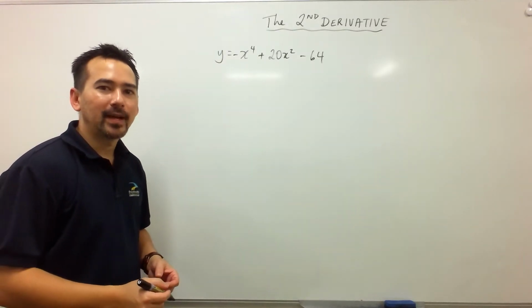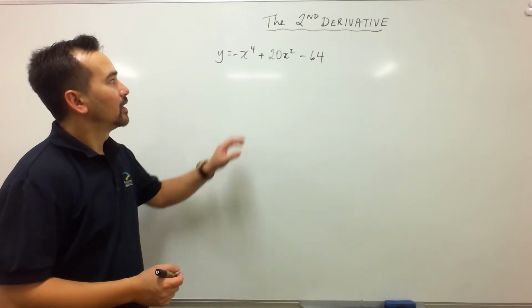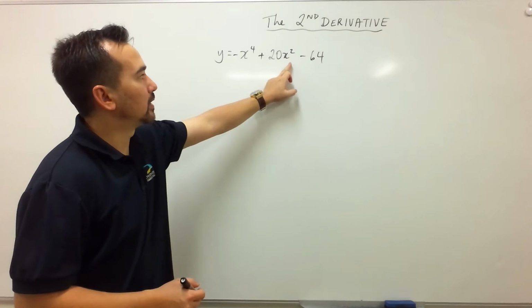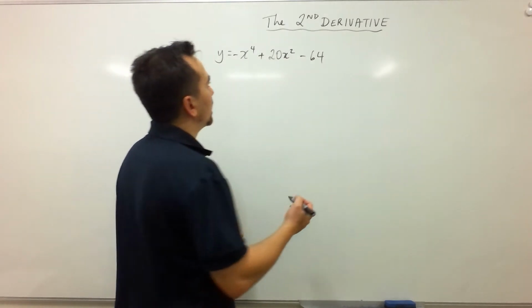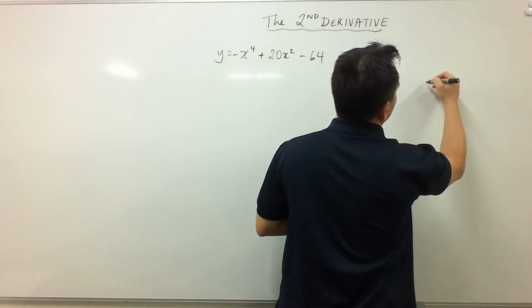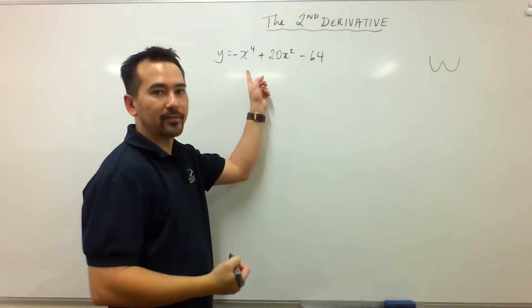Okay, let's have a go at the second derivative using a quartic function. Alright, so we have negative x to the power 4 plus 20x squared take away 64. Now, there's some things we already know about a quartic function. We know that it is W shape or M shape if it's negative,